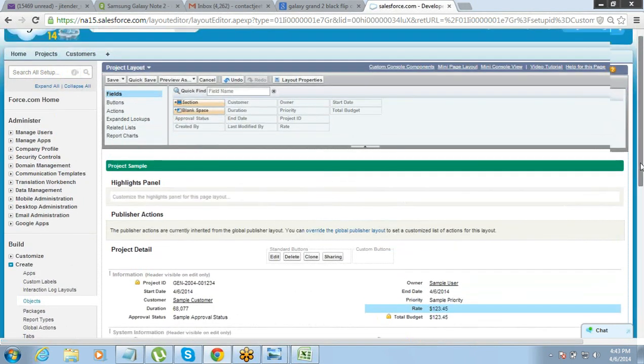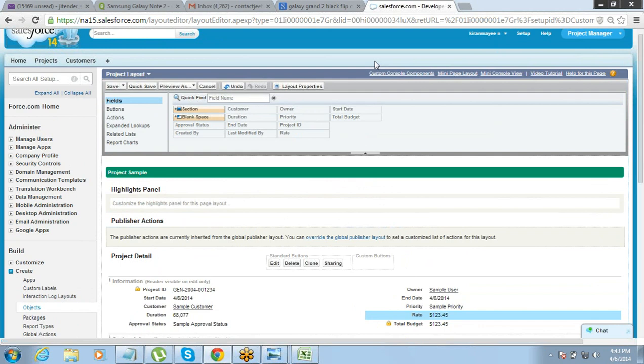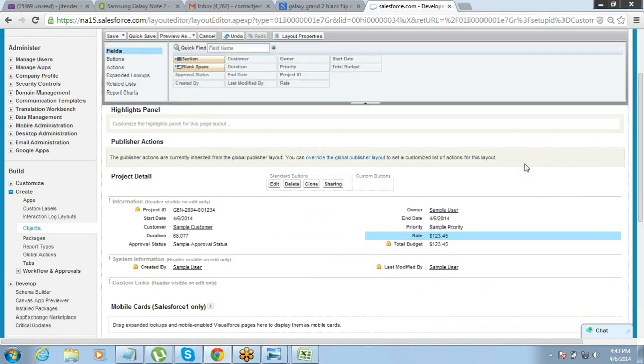So we understand the utility of page layout. It's very important. In a way, it looks like a very simple thing, just clicking on the page layout and editing it, putting some fields here and there. But the most important part is that you are able to make certain fields required for a certain group and not required for another group, and you can make fields required from this side. You can hide a few fields, right?